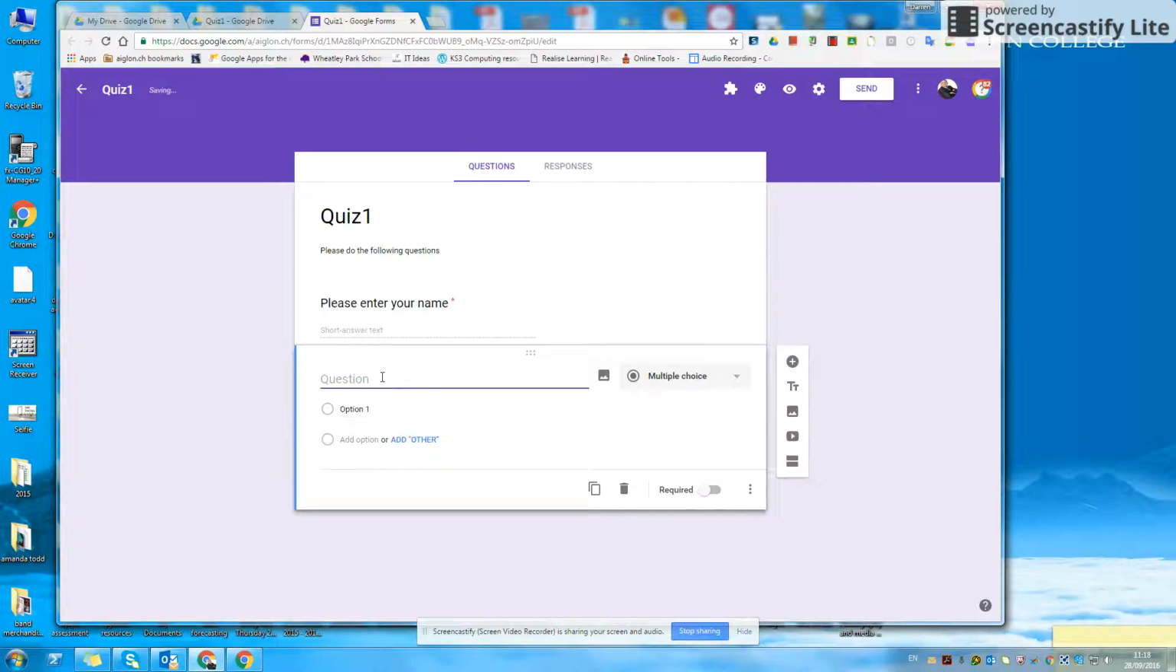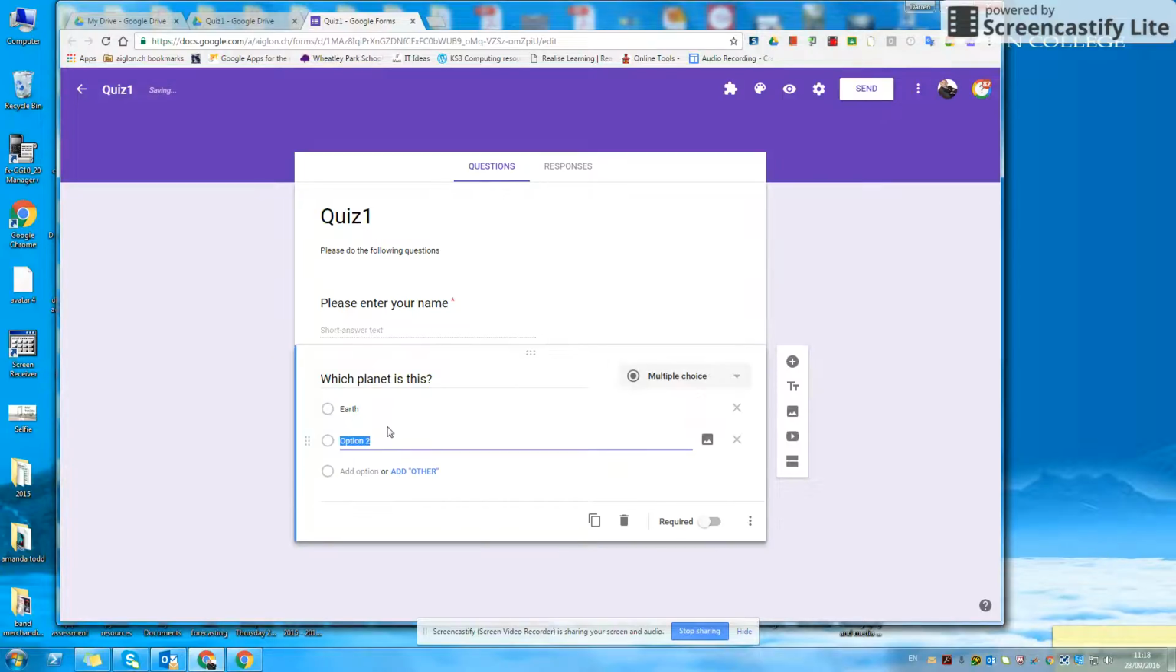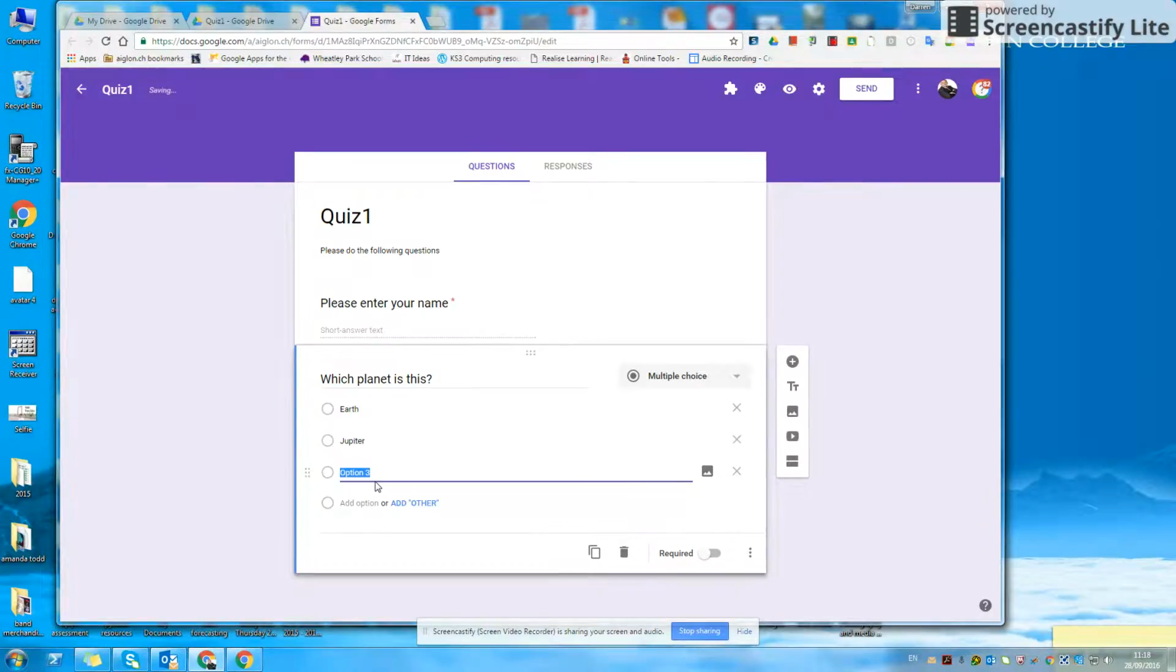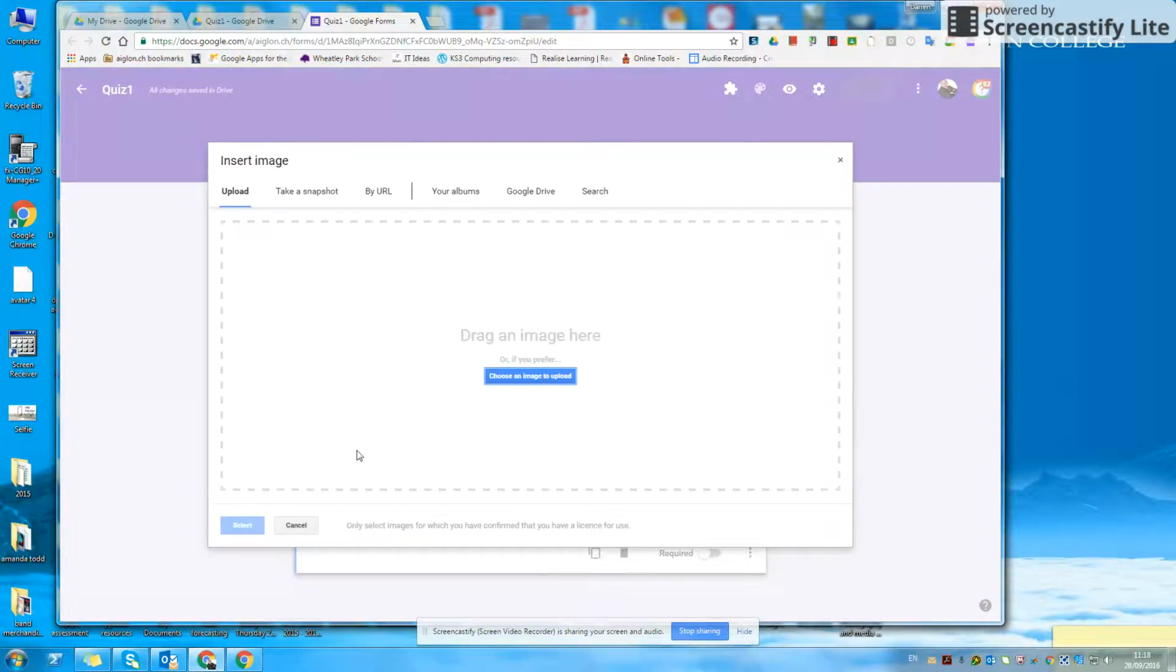The next one I'm going to have is which planet is this? Okay, so I'm going to have Earth, and I can click there. Jupiter, and I'm going to have Mars. So, which planet is this? Earth, Jupiter, or Mars? If you see this icon, I can add a picture here, and it brings up this